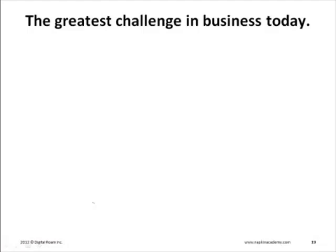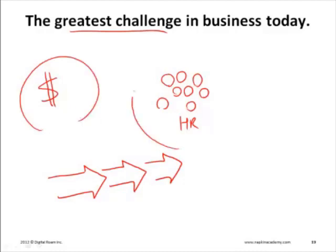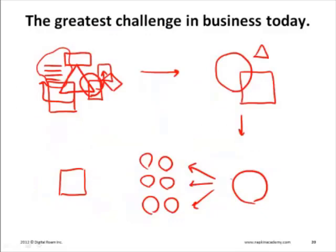I think that the biggest challenge in business today is going to be addressed by us thinking this through. So if we believe that, we have to understand what the greatest challenge in business today is. I do not think it is about money. I do not think it is about human resources and making sure that we have the right people. I do not think it is making sure that we've got good project plans to address things. These are all serious problems and serious challenges, but they are only contributors to what I believe is the real challenge that we face. It is this: how do we take increasingly